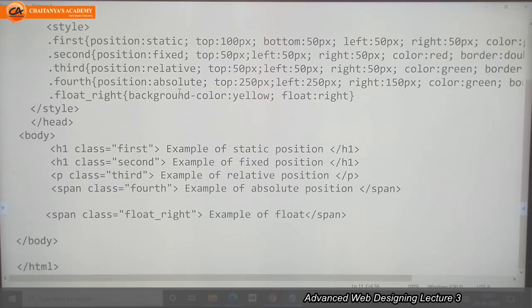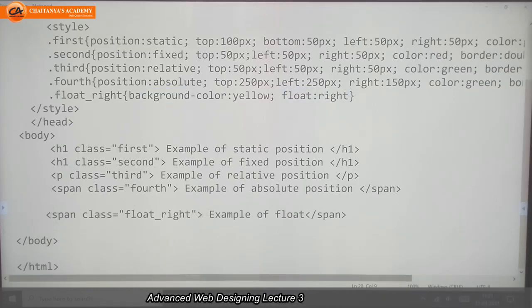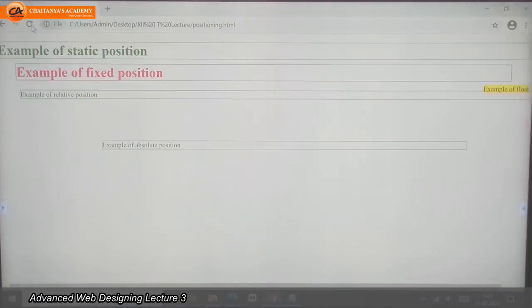I haven't given any top, left, right, bottom values, but I want to display this element at the right side. Then simply I need to use float right. And I apply this selector to this span element with class float right. Example of float we will see here.